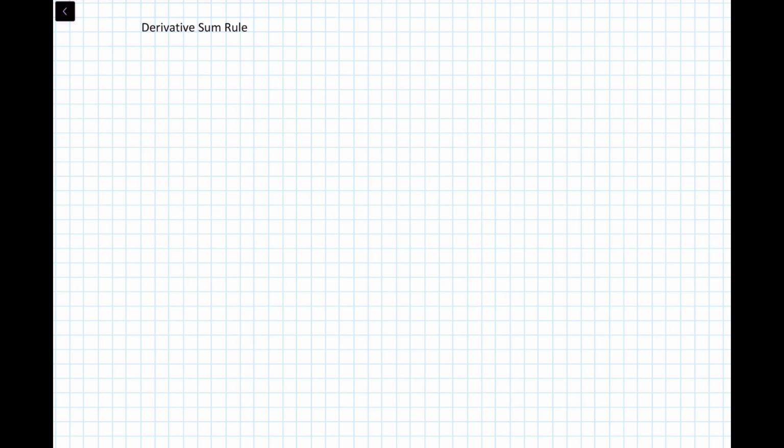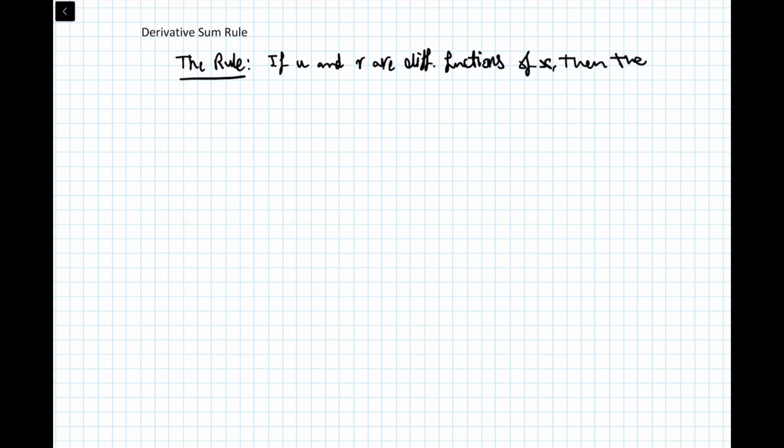Hello and welcome back. Today we're gonna discuss the derivative sum rule. It's kind of fun. So the rule states that if u and v are differentiable functions of x, so the very same variable, then their sum, which is u plus v... This is not the surprise. The surprise is that their sum is also differentiable,